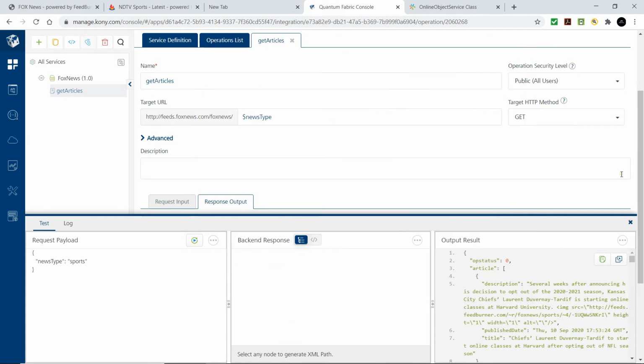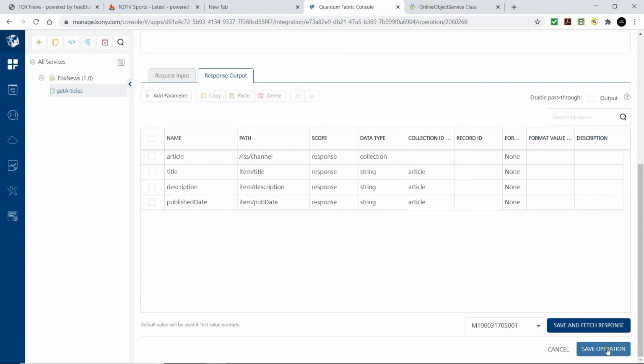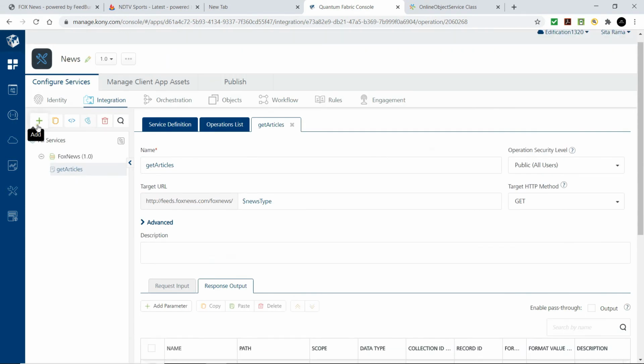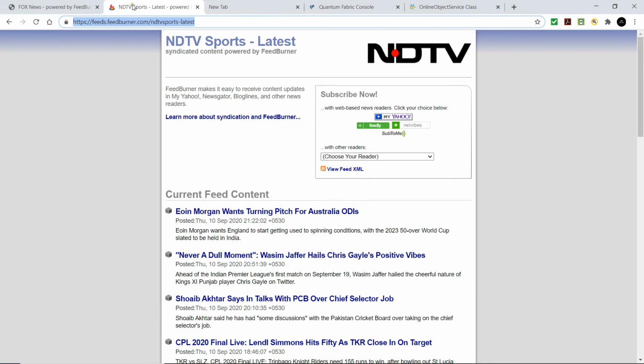Let's save this operation, and we'll create another integration service to fetch the news articles from the NDTV news feed.